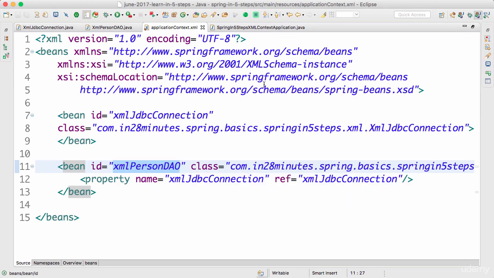The idea behind these XML context lectures is to just give you an idea of how things were before the Java context configuration came into the picture. With annotations, the configuration is much easier. But before annotations, it was really difficult to wire beans using Spring.